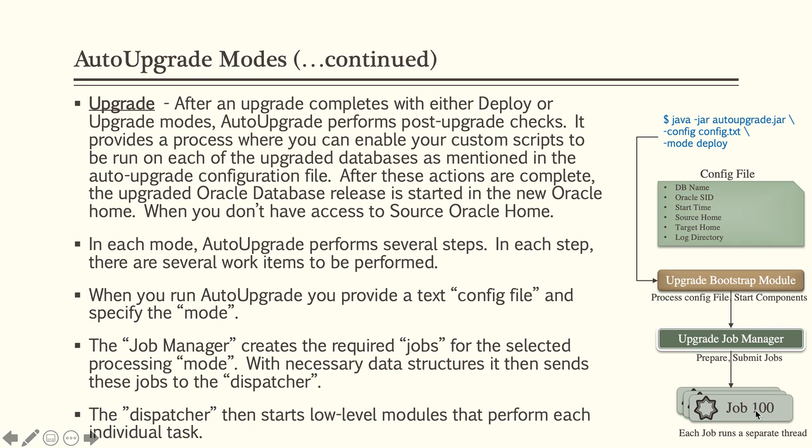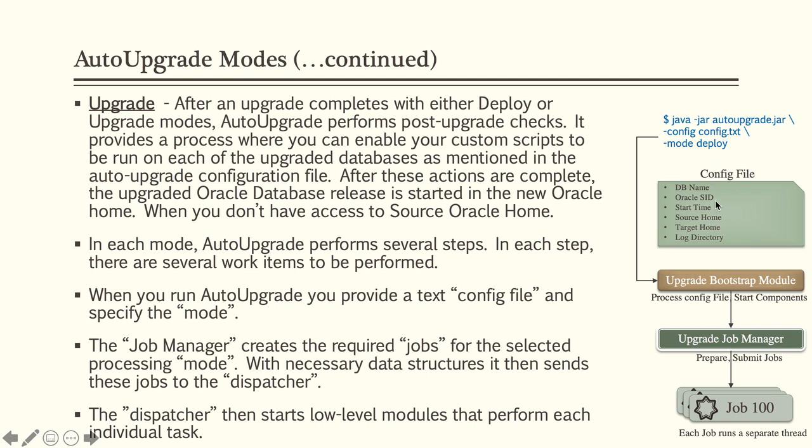Those are unique job IDs which are automatically tracked by the auto upgrade process, and it will show me periodically, at a very fast refresh interval, what exactly the auto upgrade process is doing at the moment. So those jobs are then given by the dispatcher process to the job manager, and then the dispatcher starts actually processing the individual tasks which are part of the job. You need not worry what those abstractions lower down the level are, but at least we know what exactly happens when you invoke an auto upgrade utility.